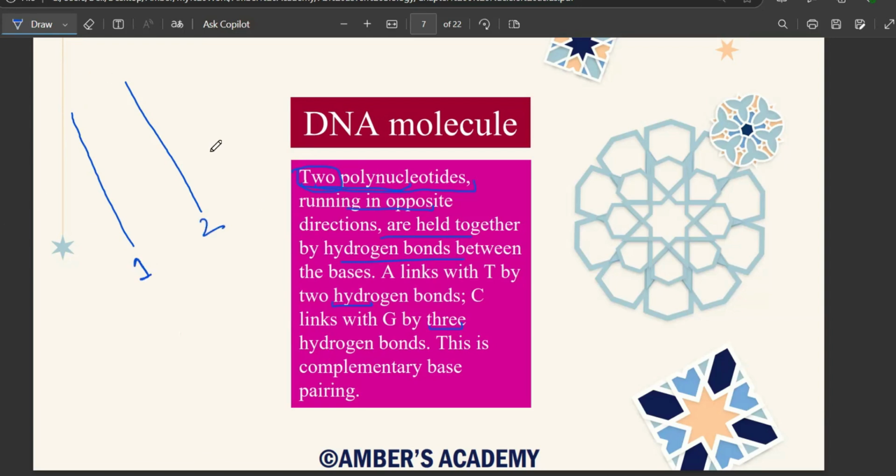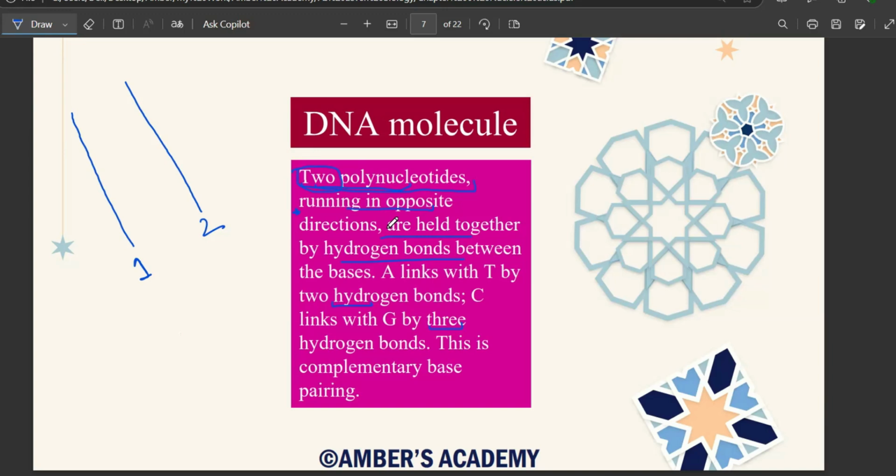So these are two strands of DNA molecule, and on each strand there are lots of nucleotide molecules, and they're terming this as polynucleotide. Meaning many nucleotides are present on the two strands of DNA, and that they run in opposite directions. So at this point, just forget that they're running in opposite directions, because we have not talked about the synthesis of DNA molecule as yet. We'll talk about it in the upcoming slides, but अभी के लिए just forget this word running in opposite directions. You will understand it once we are done with the DNA replication. अभी just understand that there are many nucleotides that are present on the strands of DNA.